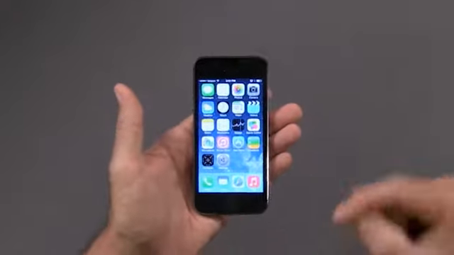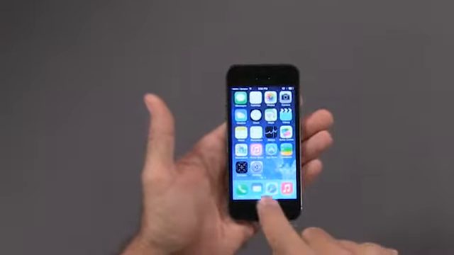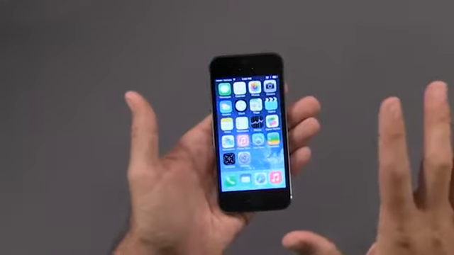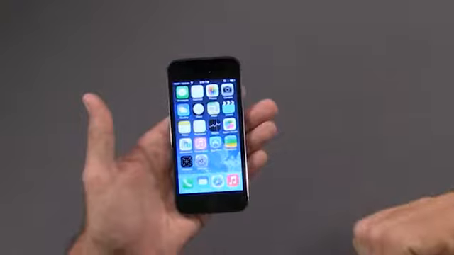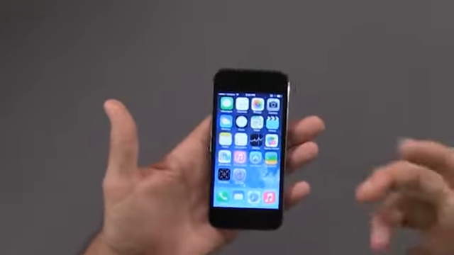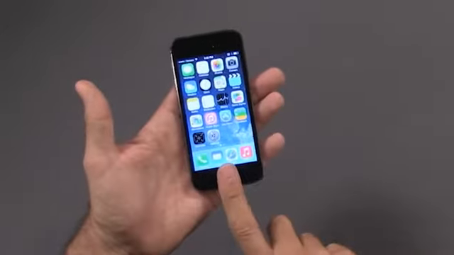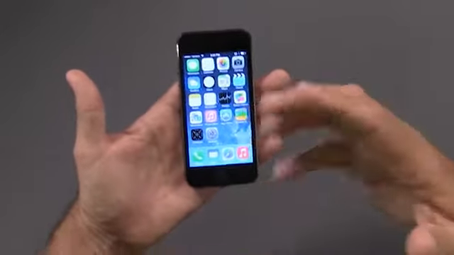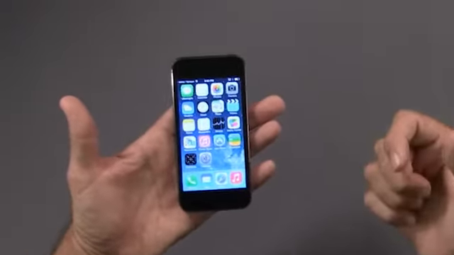The last button that I want to talk about is this button right here at the bottom. This is my home button. Now on the 5S, which is what I'm using here, this home button is black. Well, it's black for a reason. It has a functionality which we're going to talk about later, which is actual fingerprint recognition. When I put my thumb or my finger or whatever digit that I want to use for my security, it's actually going to be able to read the fingerprint and use that as a security measure to make sure nobody that's unauthorized gets into my phone.